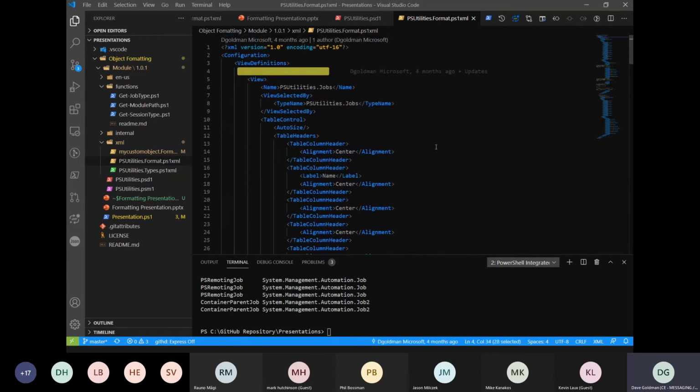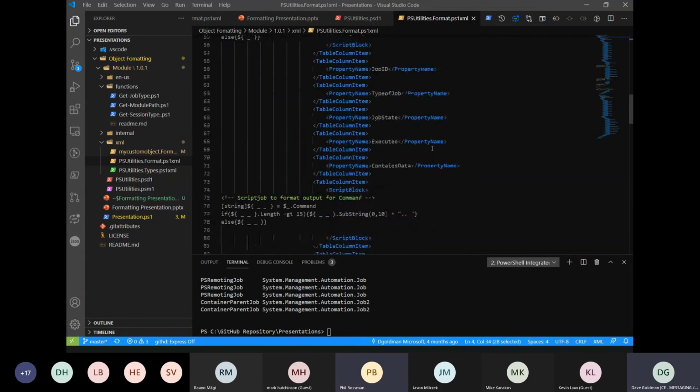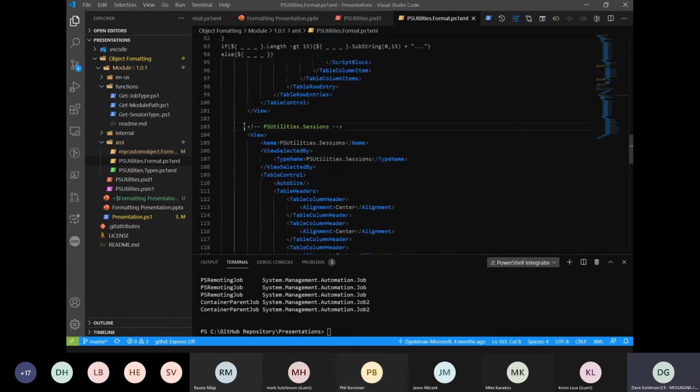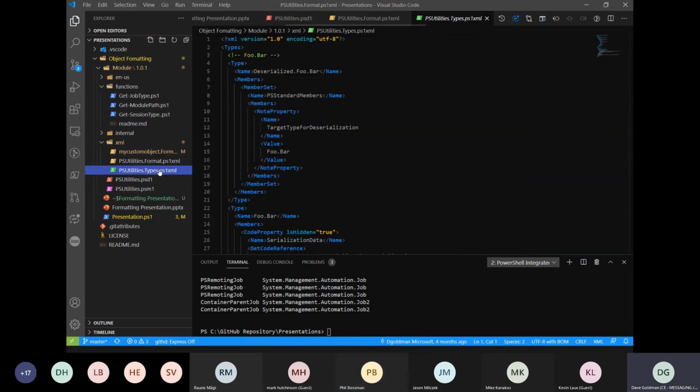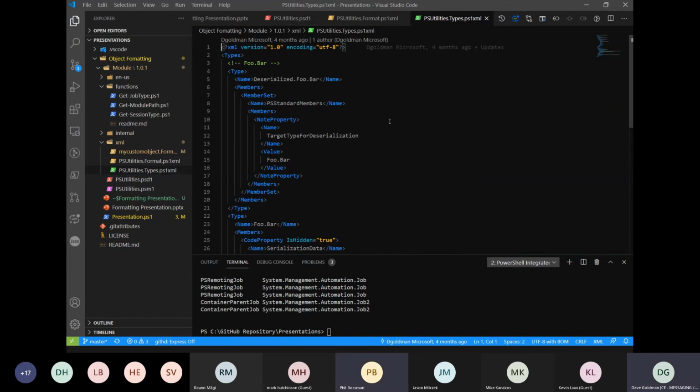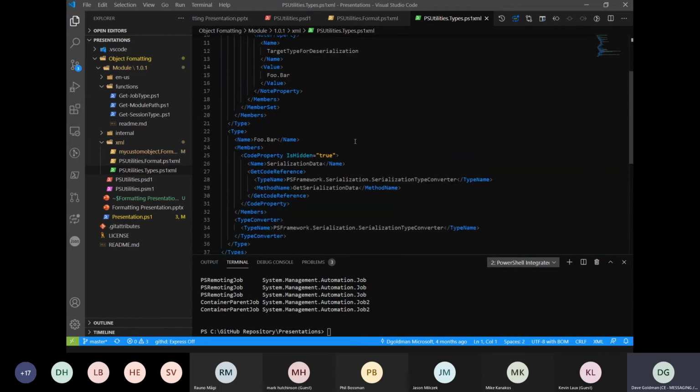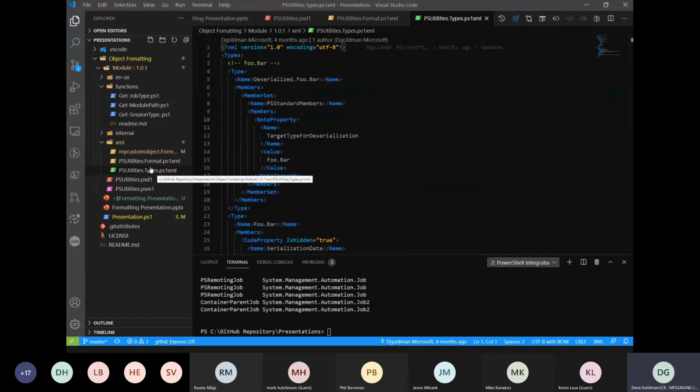The recommendation is to create one, and then you could put multiple objects in there. So you can see here I have one for jobs and one for sessions. And then the types, for me, this is just a regular custom PS module development module creation, so there's really nothing here. I'm not using the types file, I'm just using the format.